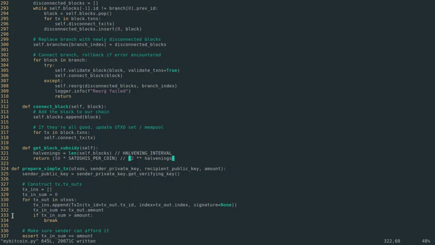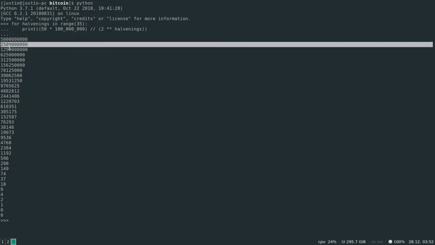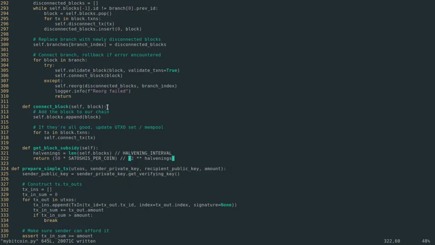So that's just what we're coding our block subsidy to basically decrease like that. But we're not going to decrease. We're only going to do this maneuver once every halvening interval many blocks, right? Right. So for the first, let's say halvening interval is